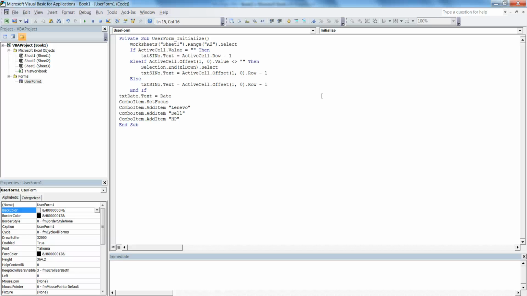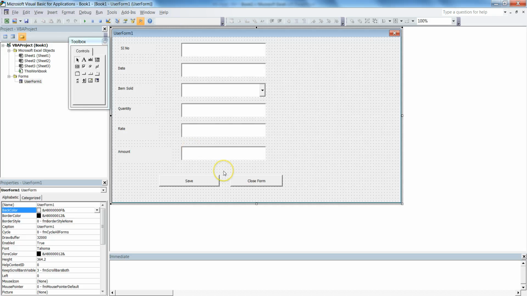Now our next task is we will go to the user form. Now we have done the task which has to be done on form initialization. Now we will be doing one thing, calculation of amount automatically based on quantity and rate. Whatever quantity will be typed here, and once the rate is typed here, the amount will get calculated automatically. For that we will be writing code on the change event of